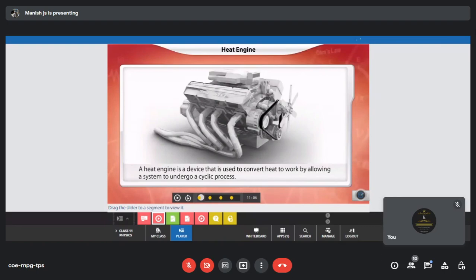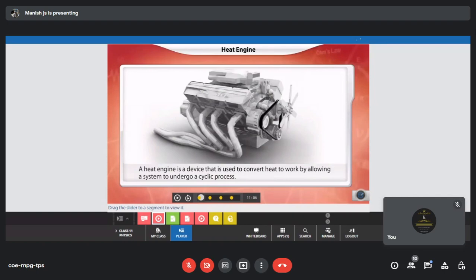Typically, in vehicles we have two different categories. You have SUVs, LVs, different categories like this. Usually the rear wheels are what we call the power wheels. If you take high end vehicles, all four wheels will be powered. There you will have both the front and back shafts as driving shafts, so you will have a greater amount of power for that vehicle. That depends on the model of the vehicle. So a greater amount of heat is still required, and it will be even more powerful when you talk about such vehicles. So the heat engine has to be more and more efficient to run such vehicles, giving you double power.